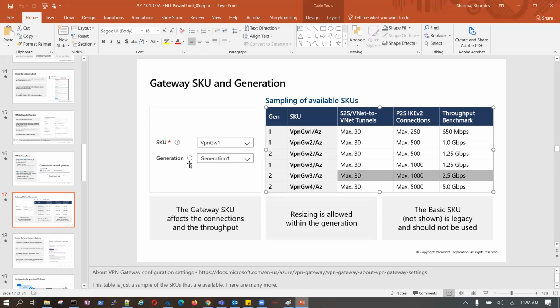There are generation 1 and generation 2. As we have seen, generation 1 is for policy based, generation 2 is for route based. The gateway SKUs affect the connections and the throughput. Resizing is allowed within the generation, which means I can go from here to here, but this one is separate, and this one is separate. If we want to change an SKU,